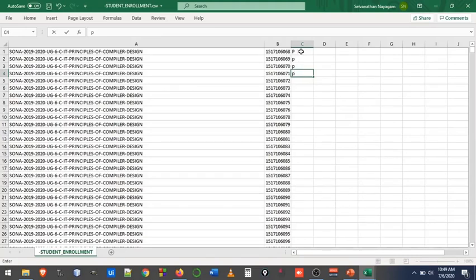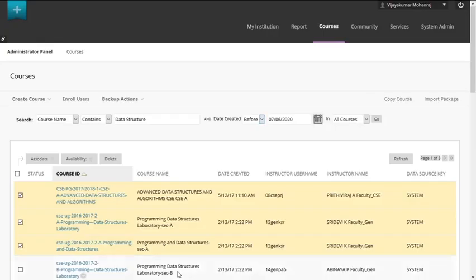Once the files are ready, now again we'll go to the Blackboard, go to the system admin. First step is we need to create users.